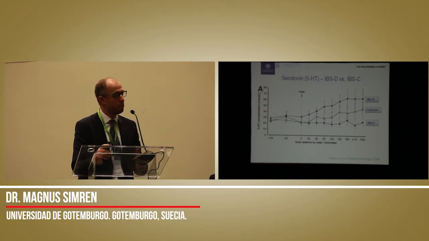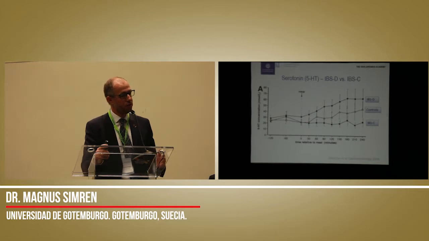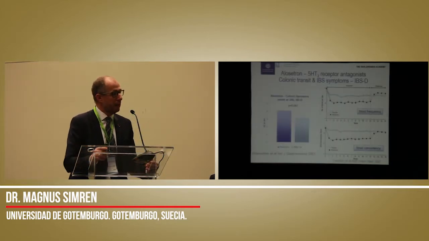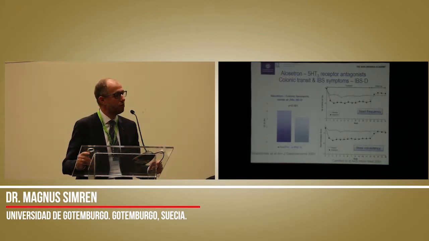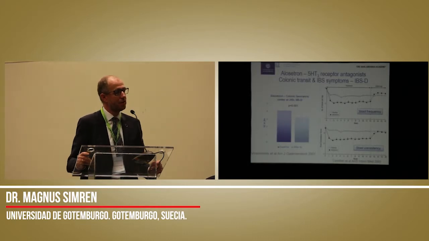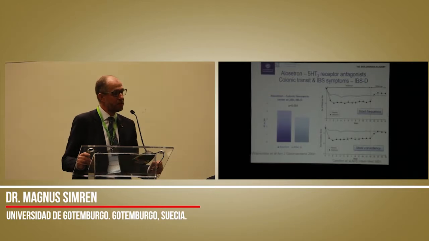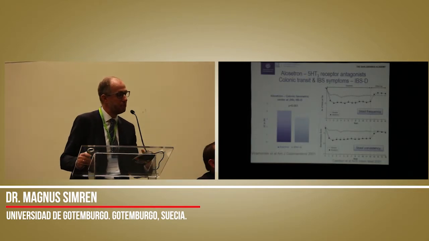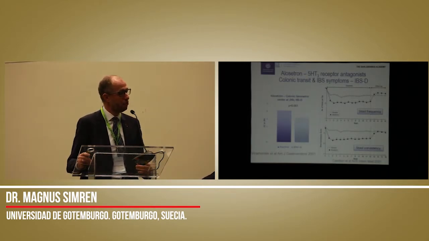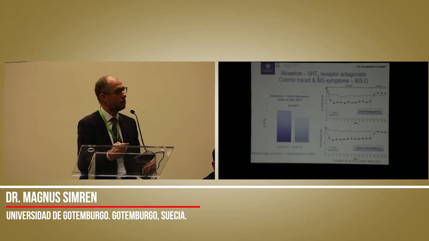And also again, this goes back to the effect on transit, affecting bowel habits. Here's one of the older studies when it comes to drug development regarding serotonin in IBS. This is alosetron, which is a 5-HT3 antagonist. And as you can see on the left side here, it can actually slow down colonic transit in patients with diarrhea-predominant IBS. And by doing this, it can reduce stool frequency in patients with IBS-D, and also improve stool consistency. So again, evidence showing that affecting transit is clearly something that you can use to affect the bowel habits.